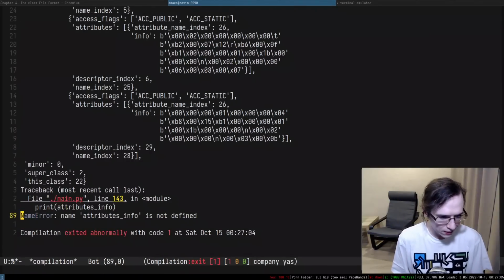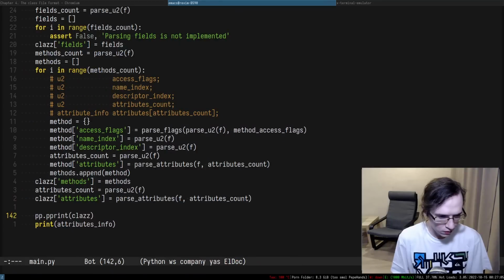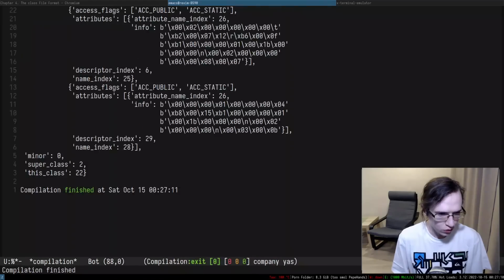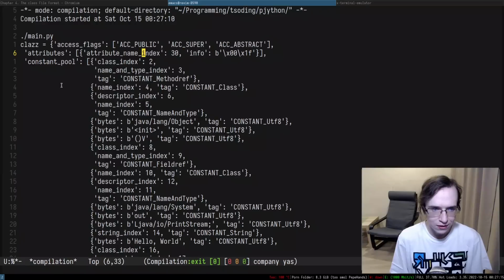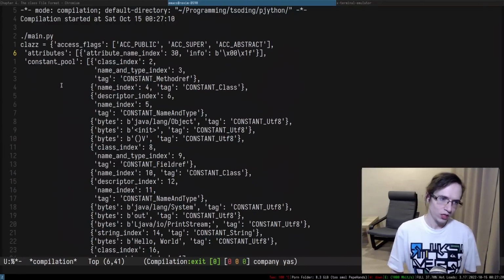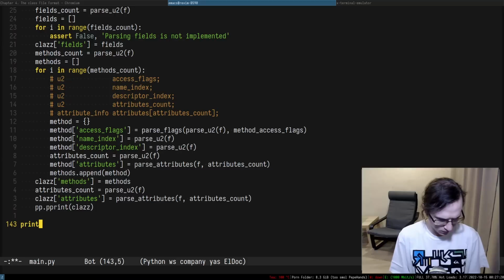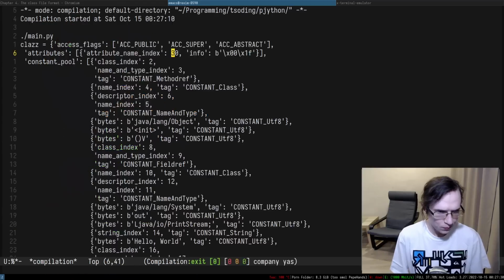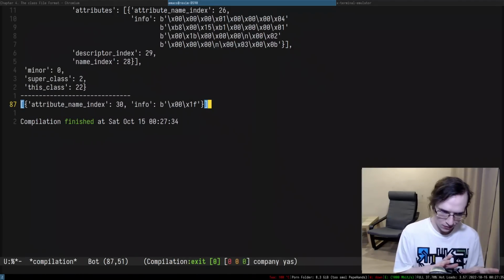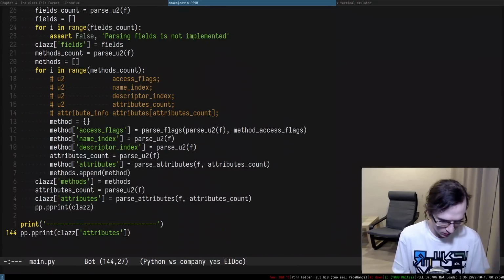Okay, so what do we get? Attributes info is not defined. We don't have to print anything, I'm pretty sure. Okay, so we have methods, and we also should have attributes, and it only has a single attribute, which I'm actually very curious about. Right, so I'm gonna do 30, and I'm gonna try to pprint class attributes. These are the attributes of the class, not the method. They're attributes of the class, and I want to take a look at them. Right, for a in here,